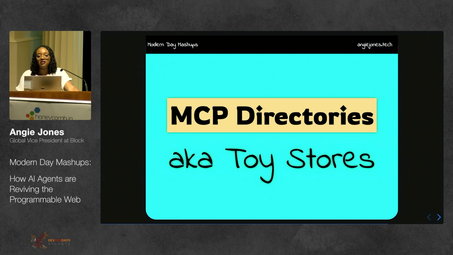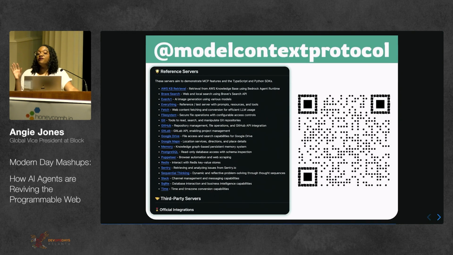Now, there's a lot of places where you can find that directory of MCPs. Remember, I told you there's like 4,000 plus of them. I like to call these the MCP toy stores because I quite literally feel like a kid in a candy store anytime I go browsing for MCPs. The first directory was the official one. So I'm giving y'all a little history here, which was like 6 months ago. But things move fast in the AI world. So the first directory was the official MCP repo. They launched with a handful of MCP reference implementations like File System, GitHub, Google Drive, Slack, and so on. And the directory is not updated often, though. So while it was the official list last November, this has become outdated